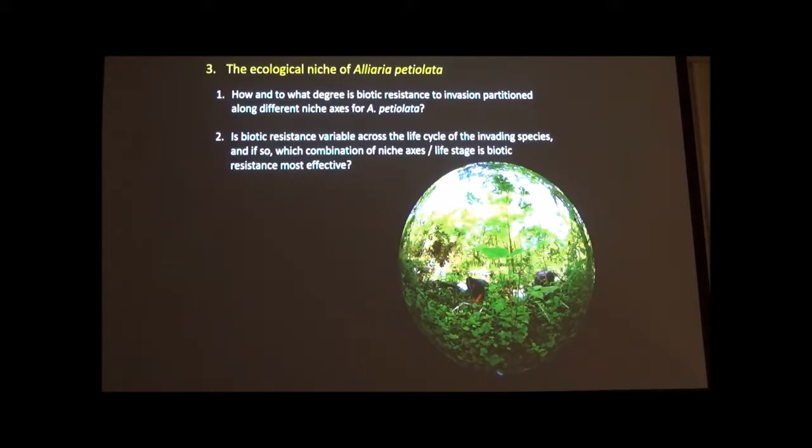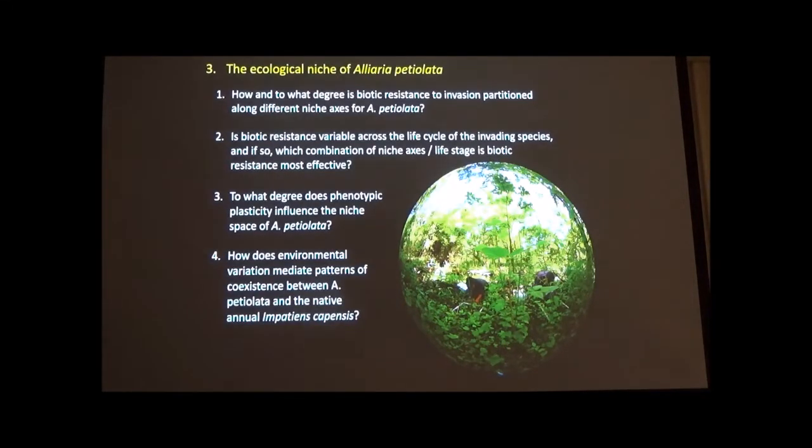So we can't always think about garlic mustard as a single plant. A seedling is very different from an adult plant, right? And so how do environmental conditions interact with the stage of the life cycle? I'm really interested in the degree of phenotypic plasticity in influencing the niche space. On certain niche axes, meaning certain resources, is garlic mustard particularly flexible, and how important is that flexibility and tolerance for its invasion? And then ultimately, how does variation in the environment mediate patterns of coexistence between garlic mustard